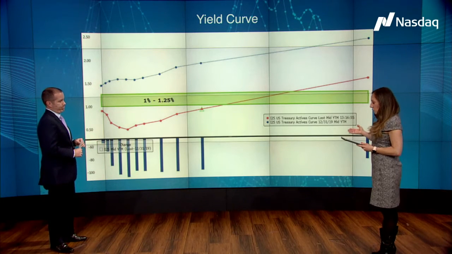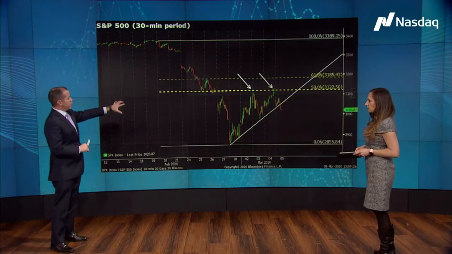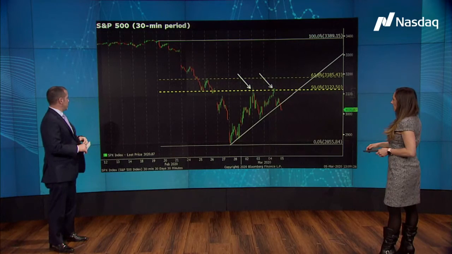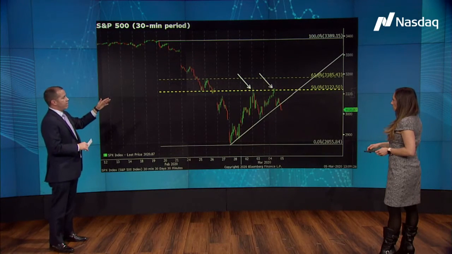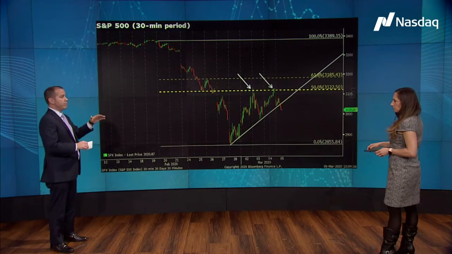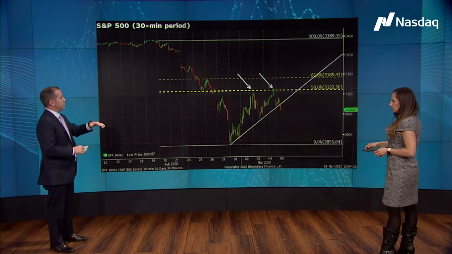All right, now the million-dollar question is, are bonds signaling more downside for the equity market? And we're going to take a look at this in our next chart here, a 30-minute chart of the S&P 500. Right, so we can see here, this is a zoomed-in view of what's been going on. The recent 52-week high is right up there, made back around the 19th or the 20th at that 3389 level. We had a 16% move to the downside. That equates to 538 points. I'll tell you why I mentioned that.